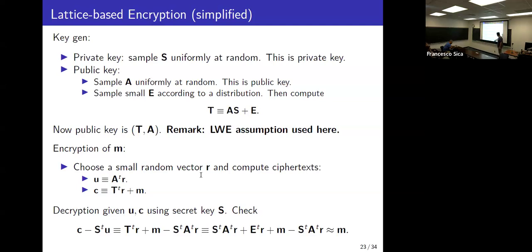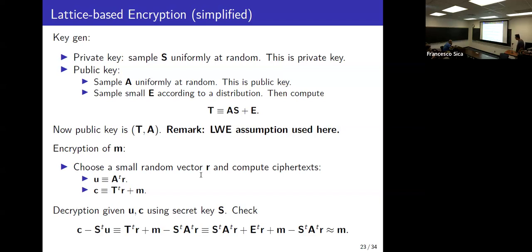And then plus, so that's the E transpose times R here, plus the leftover, which is M minus this. So the main idea is that this big part SAR is cancelled with this SAR. And therefore, what's left over is only E transpose times R plus M. And that's where we need the smallness to come into play. Because at this moment, I only have this part in the middle, ER plus M. I'm hoping that this ER plus M is approximately the same as M, so I can drop this.